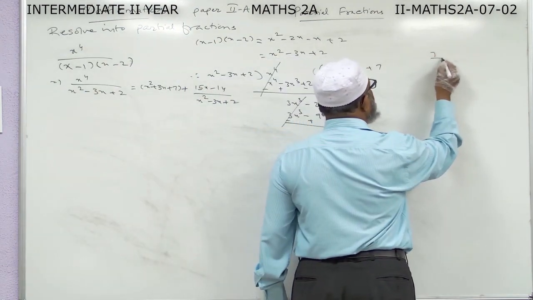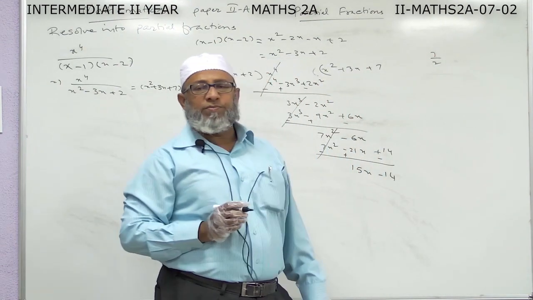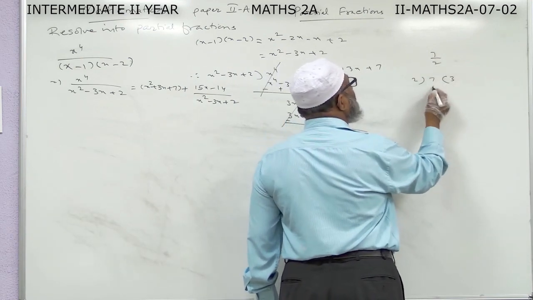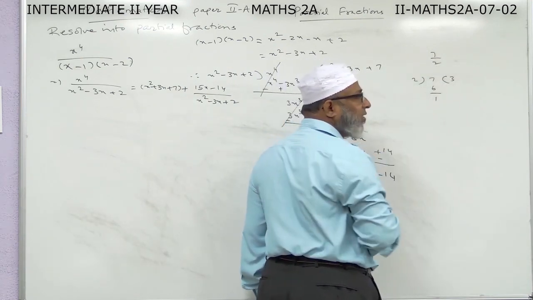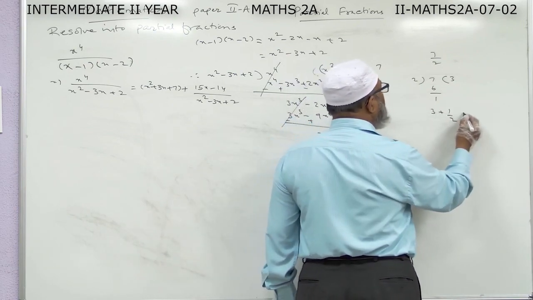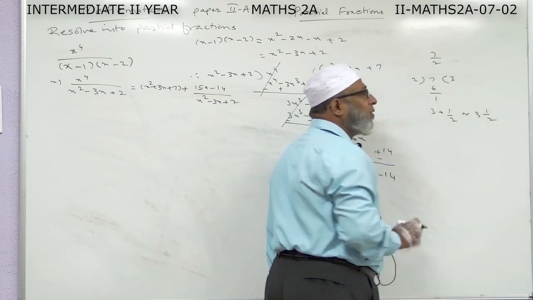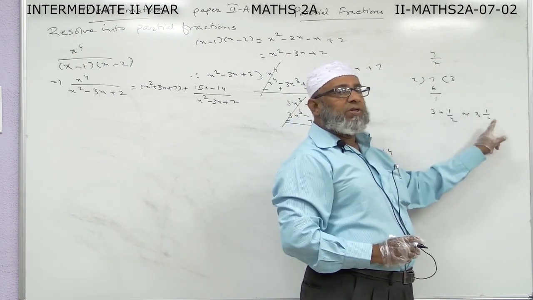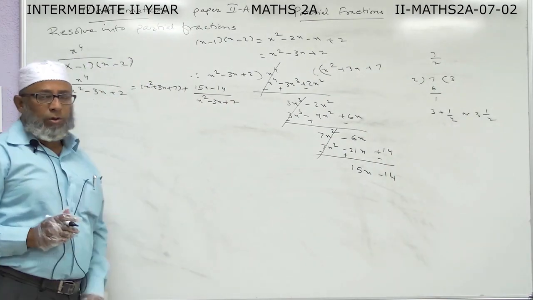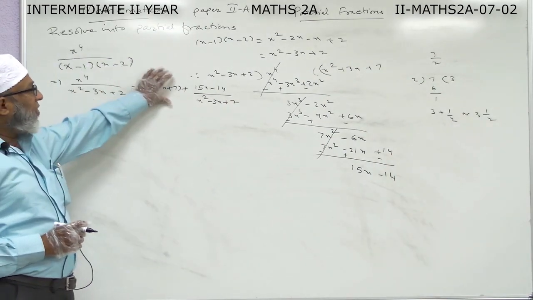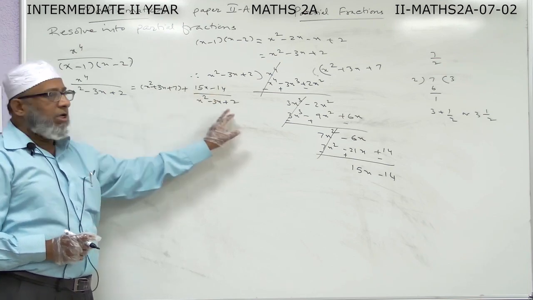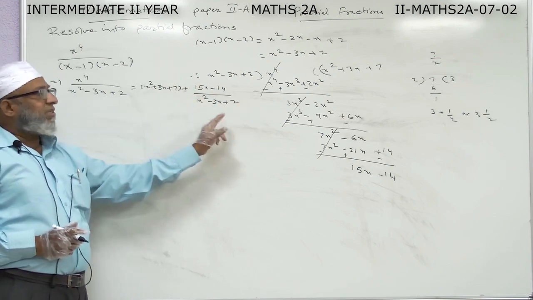So it is nothing but like this. Actually, if I want to divide 7 by 2, it is an improper fraction. What will I do? I divide 7 by 2. 2 times 3 is 6. What remains? 1. So I will write 3 plus 1 by 2, or I will write 3 into 2, 6, plus 1, 7 by 2. So in the same way, I have done this. Now, you skip this part. We will consider this later on. Now we have to concentrate on the fraction part.